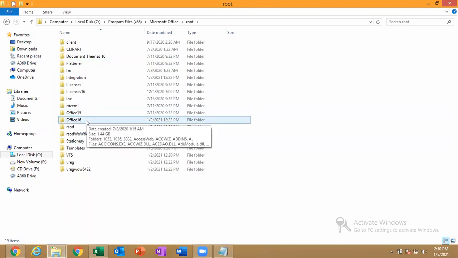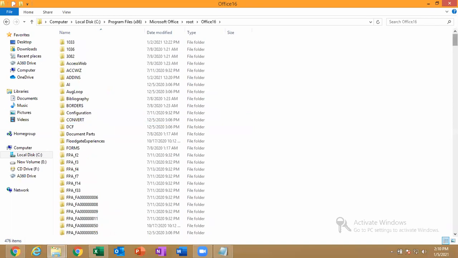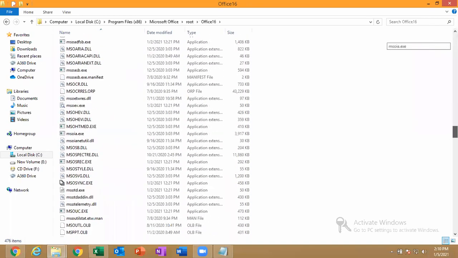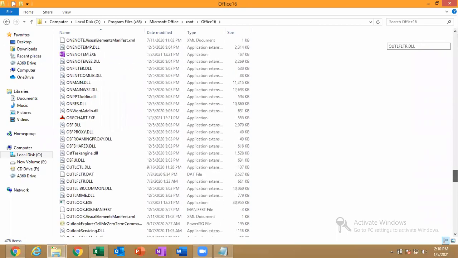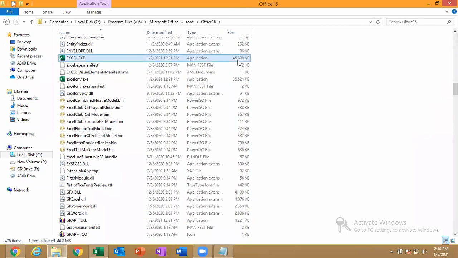Go for Office 2016. And here you search for Excel. We are writing something in the Excel run command, right? Because once I enter Excel in the run command, directly it hits this file.